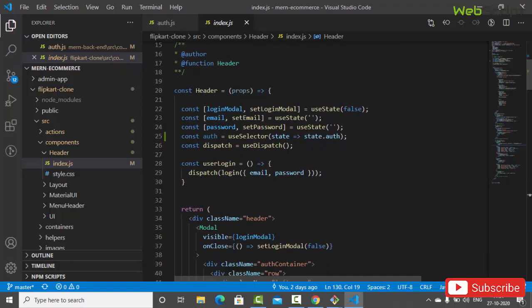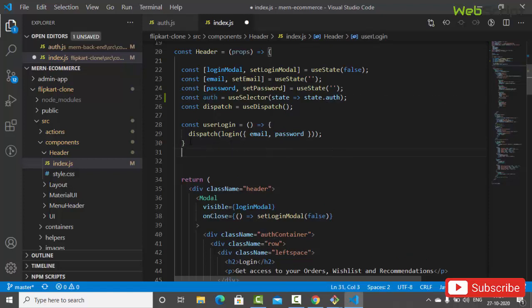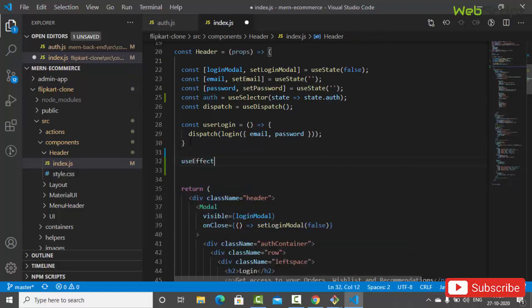So first you have to include this const auth use selector auth. I have already added it, okay, because I was checking. And here you have to add this line. After this you can see I have auth part over here, and I will add a useEffect hook, okay,